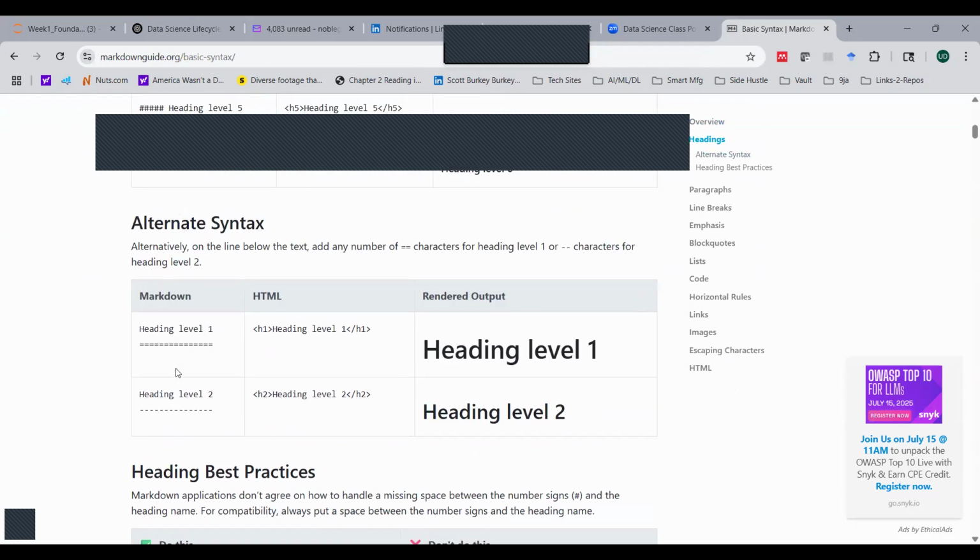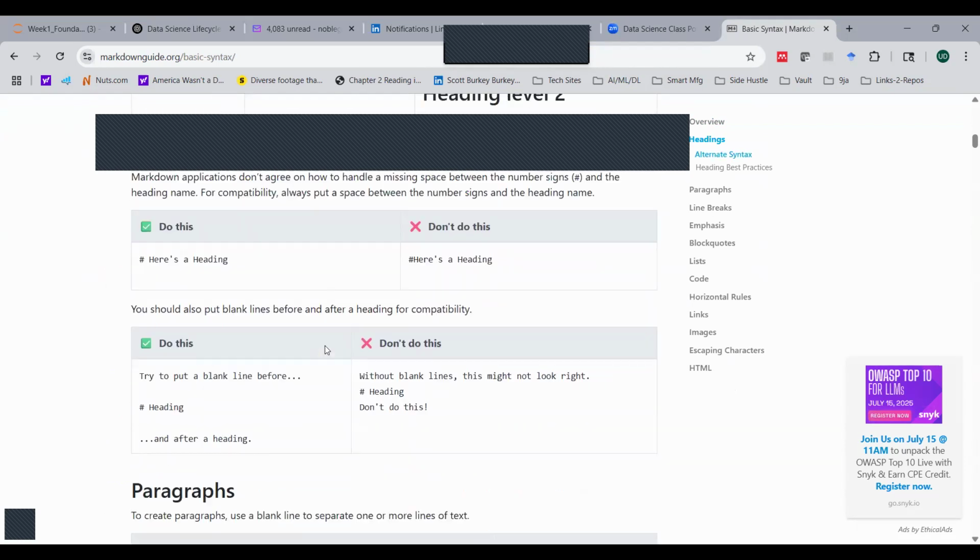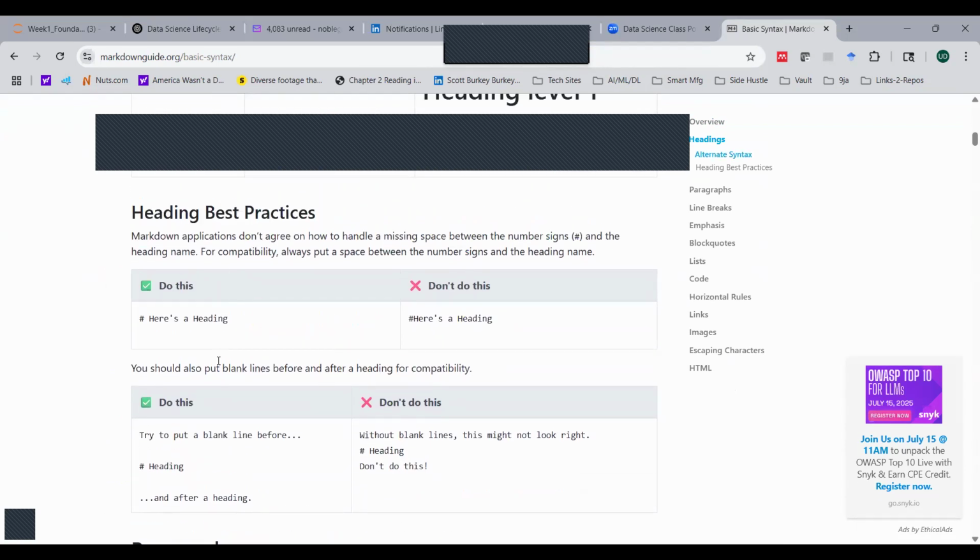This is another way of doing it, an alternative syntax that you can use, and then as you go along, it shows you what you should do and what you shouldn't do. For example, you might do this and you're getting an error. There needs to be a space here. So you do this, don't do this,